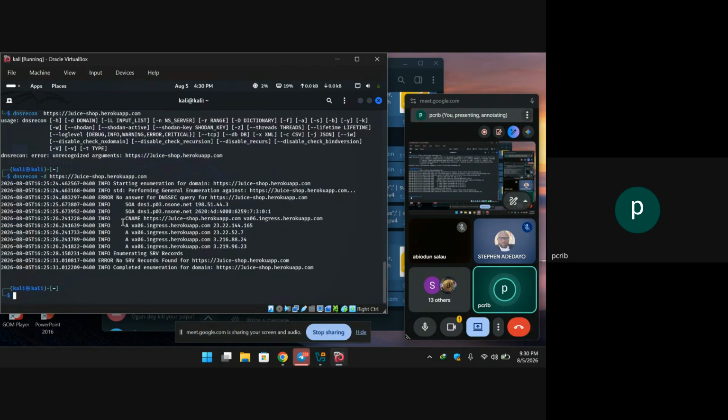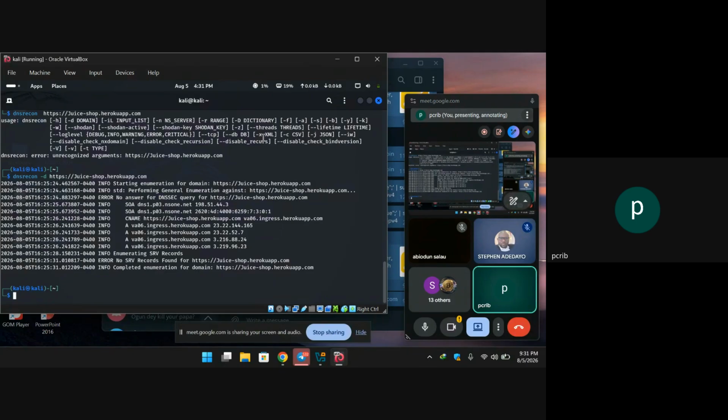So this is just to look at the DNS structure of a particular website. That's what this tool is for, just to gather information. You understand? To know the kind of security that this website has, or the DNS record or structure of the website. That's just what it is. And then let's move to